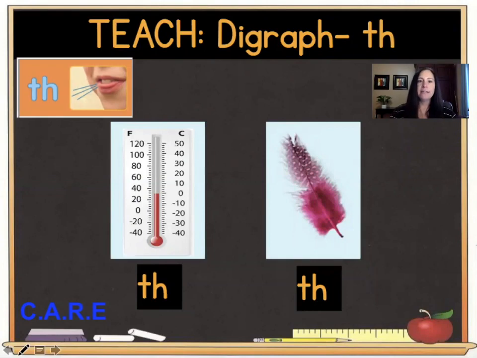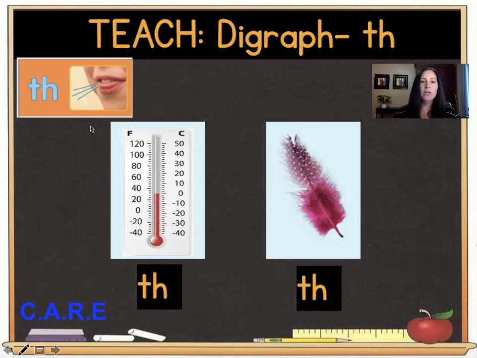Today in our care lesson, we are going to learn about a consonant digraph. A consonant digraph is 2 letters that come together to make one sound. So today our consonant digraph are the 2 letters TH. And when they come together, they make a certain sound. Our consonant digraph today actually has 2 different sounds that it can make. The first sound that it can make is the